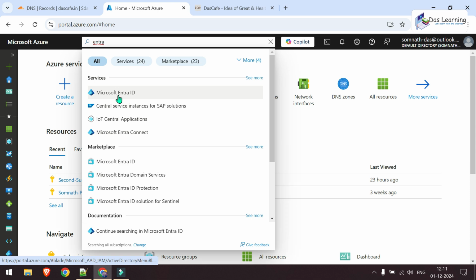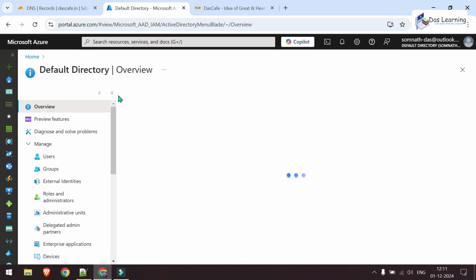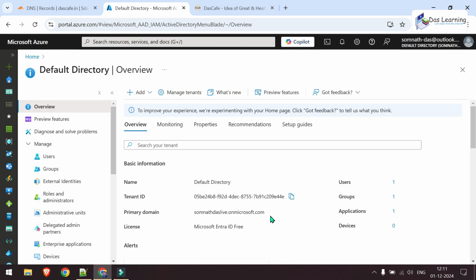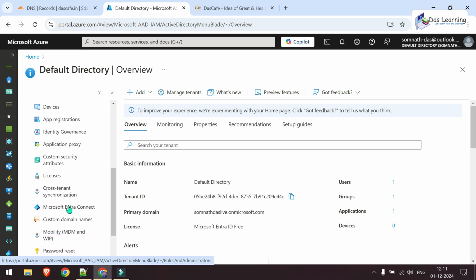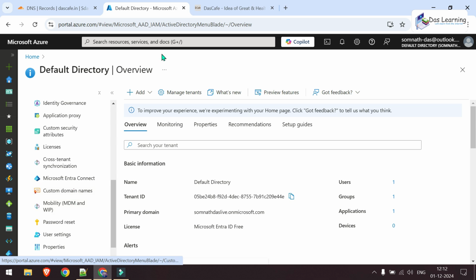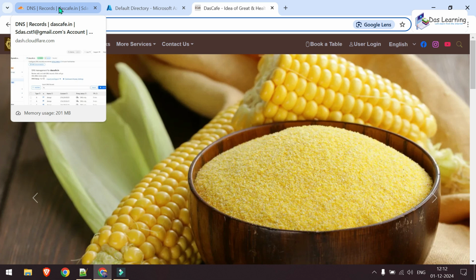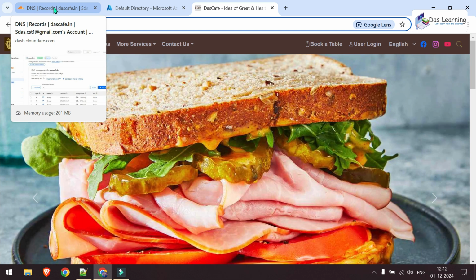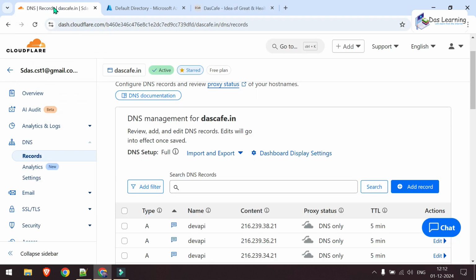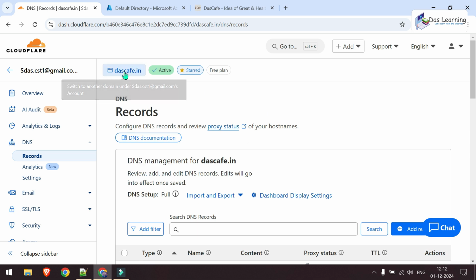So you'll get this Microsoft Entra ID. Click on that and we will get the basic details like primary domain, tenant ID and other things. Obviously, as we will be using our custom domain, you need to log in with your domain registrar or wherever your DNS is managed. In my case, my DNS is managed in Cloudflare. So I have already logged in my Cloudflare account, and this is my domain which is dascafe.in, and we need